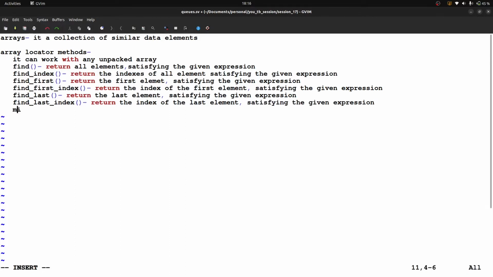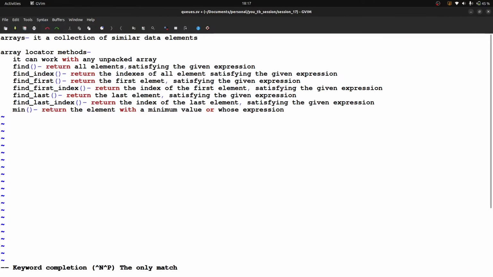Next one is min. It returns the element with the minimum value, or whose expression evaluates to a minimum.